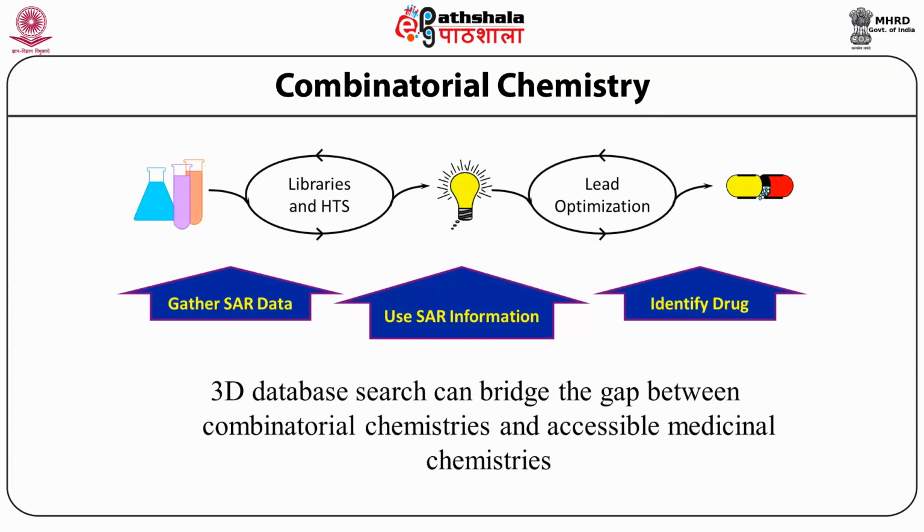Due to combinatorial chemistry, the explosion of chemical structures really helped the libraries, and high throughput screening with these libraries helped a lot for new scaffold or new molecule identification. How does one do it? You first collect the libraries and run them through HTS experimentally, gather this SAR data, then use this SAR data to design new pharmacophores and use the same for lead optimization. This is very effectively used not only by synthetic chemistry but by medicinal chemistry as well.